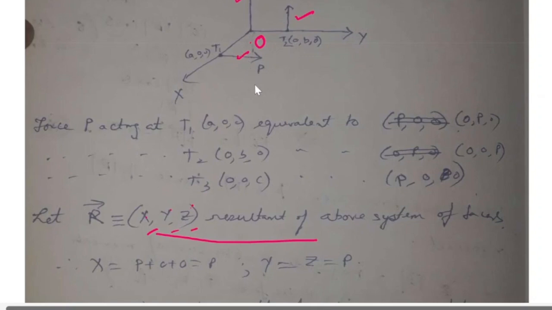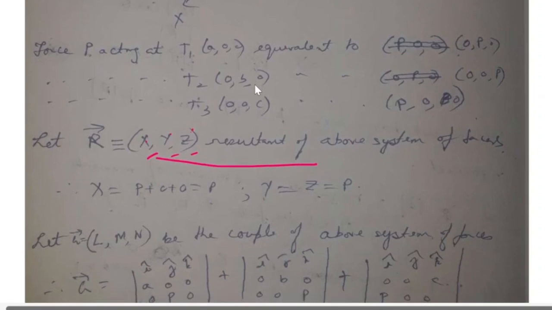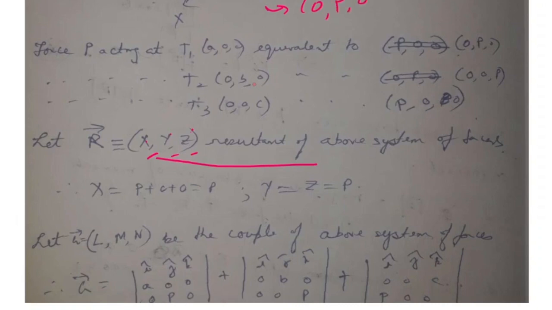So that means we will be having 0p0 as the force. Okay, this force I can write as 0p0, and its point of application is this t1. That means it is a00. That means if we want to find out now the moment of this particular force, then it will be